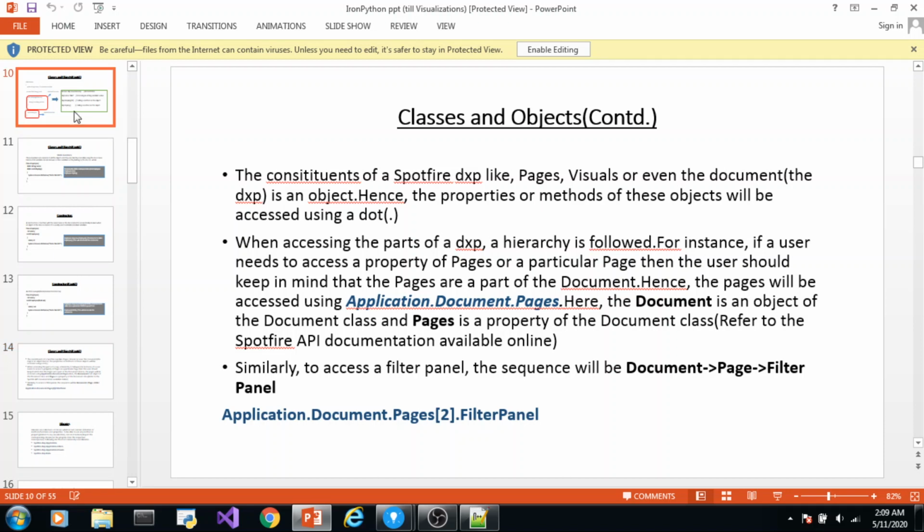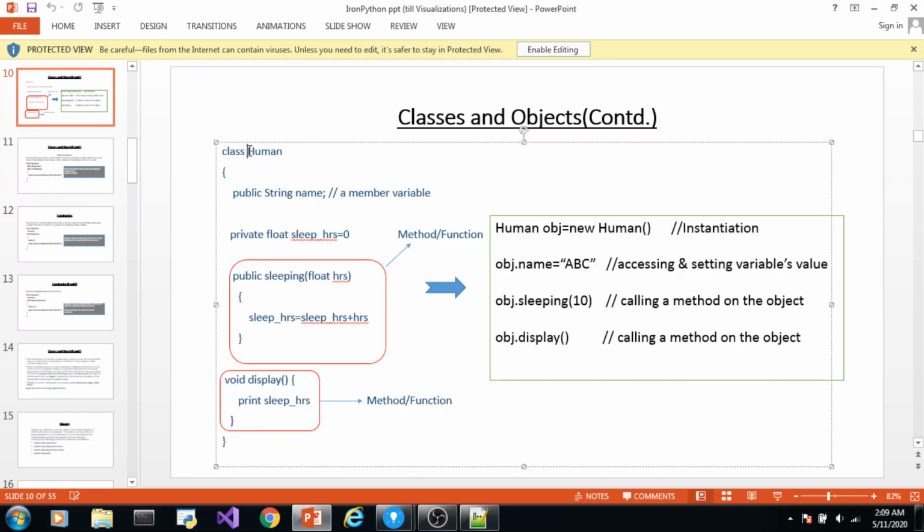This is what we were doing here, right? There is a class called human. It has some variable defined. You can think of it as a property for now. And then you have a method designed, this sleeping. Now how do you access this method? Using the object. So in Spotfire, our object is the component, which is, for example, a pie chart. And to be able to access the properties of a pie chart, you will be accessing the pie chart class. So you will go to the Spotfire API.